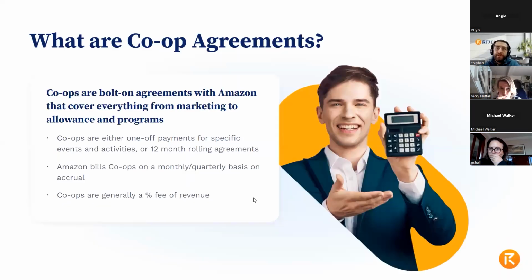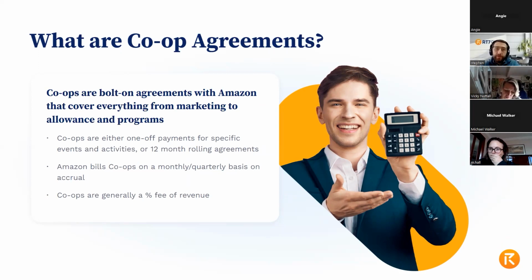Moving back into vendor and onto the co-op pieces. So co-ops are, as I mentioned, programs that you have with Amazon. They are set to auto-renew every year, and as any vendor here will know, around either this time of year or more commonly early next year, they will start to ask to negotiate these terms.